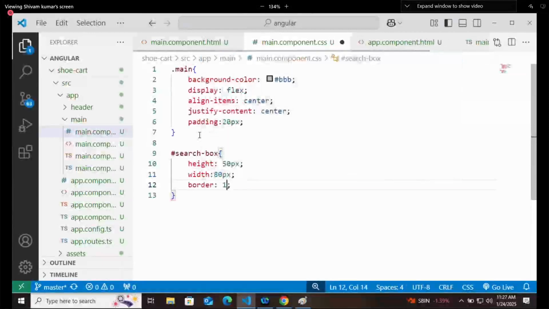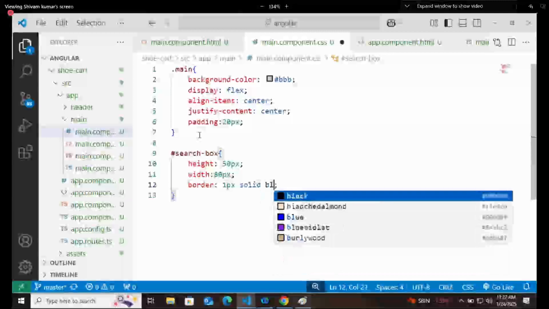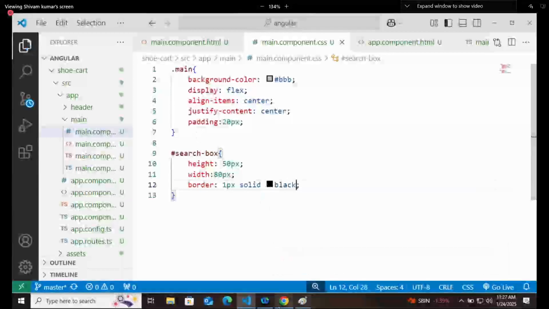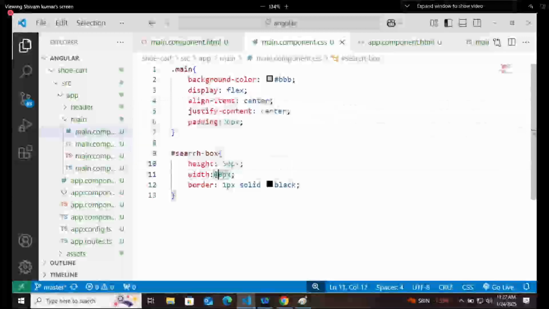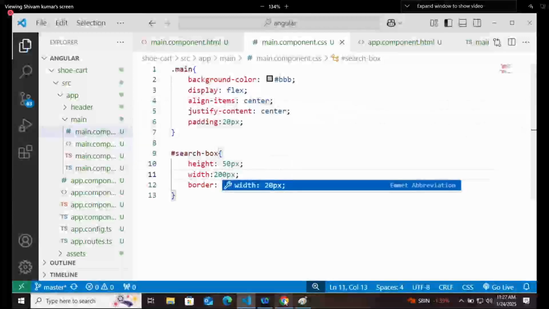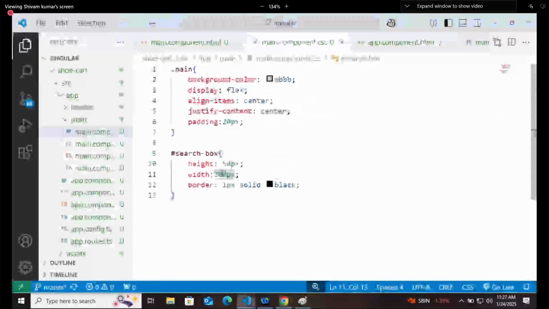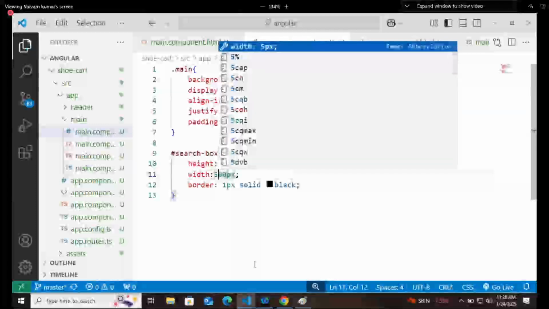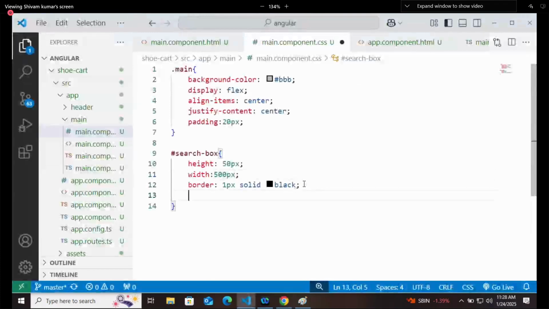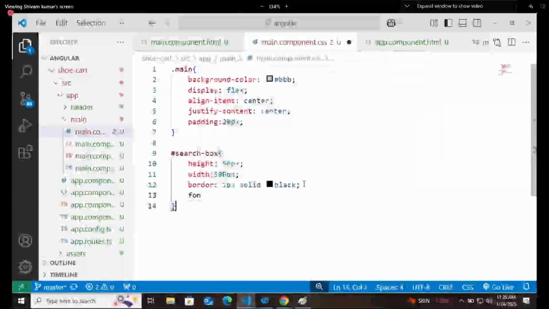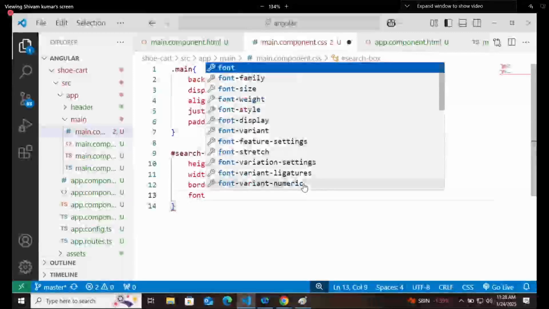We can write a 1 pixel border in black color, solid type. So our input boxes, we need to increase the width more. Okay, so here you can search for your products. If you're writing something, the text size is coming very small, so we will increase the font size also. Font size I will keep as 22 pixels,